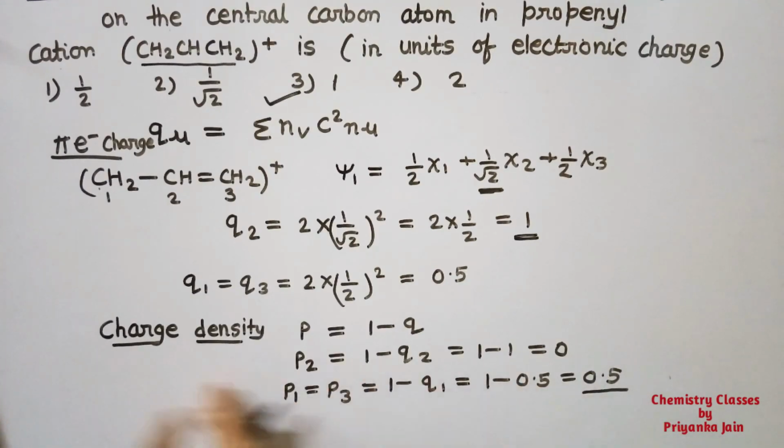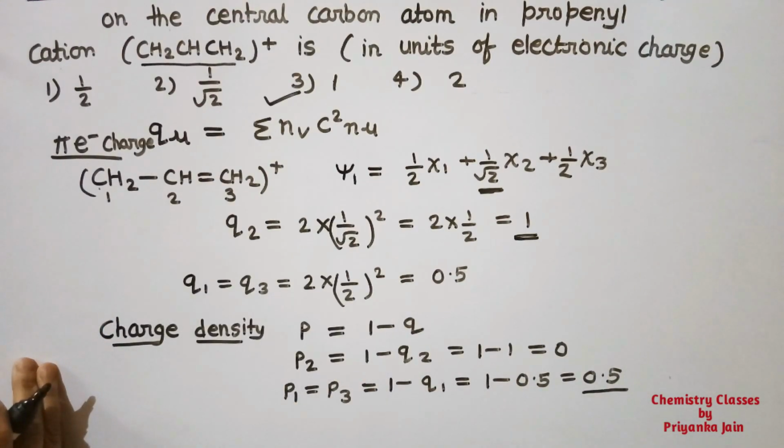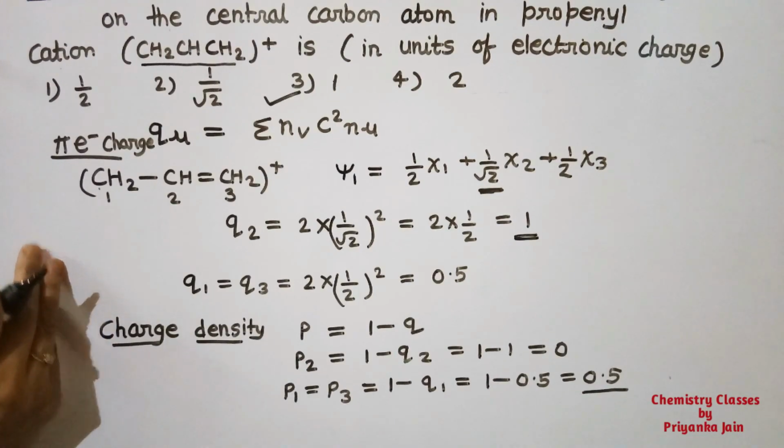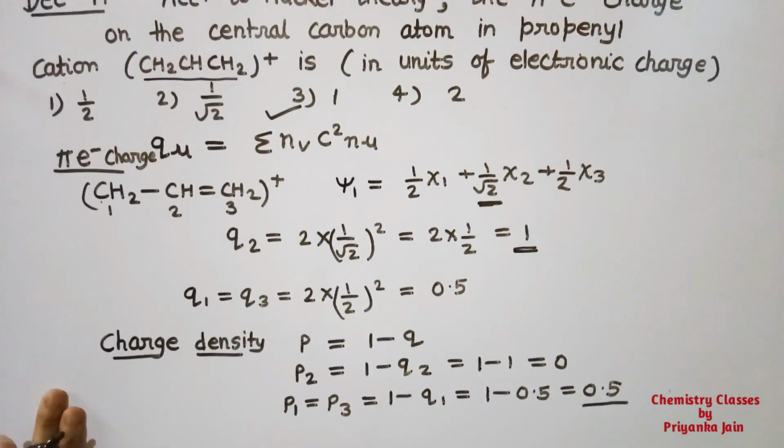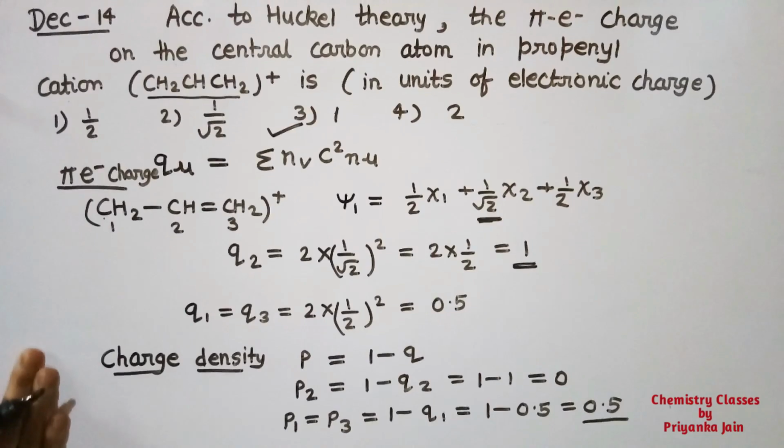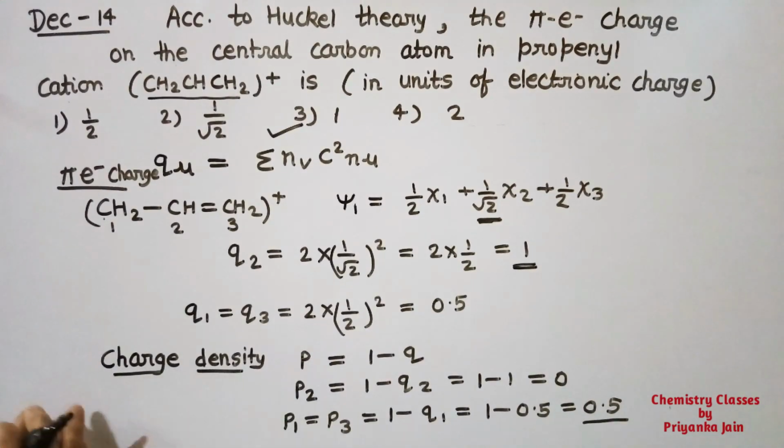Okay, so I hope all of you will understand about this charge density and pi electron charge, and all the topics will be now very clear in your mind, because I have given you one example and I have tried to solve all of the questions. Now the things that are remaining here is the system of 1,3-butadiene. Then we have to study about the cyclobutadiene, cyclopropenyl cations, all the cyclic type of systems, and solve several questions. That we will do in the next video, because this video is getting quite lengthy.